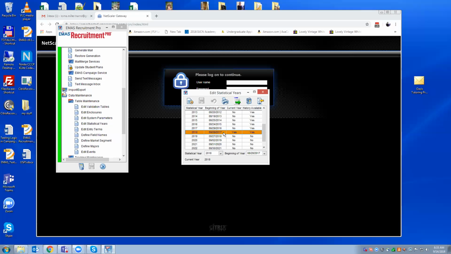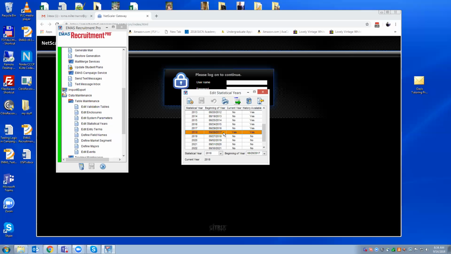And so what does that mean? It means that for every student in your database that you're recruiting, depending upon how many years you've recruited them, there's an enrollment history record for every recruiting year against that student.